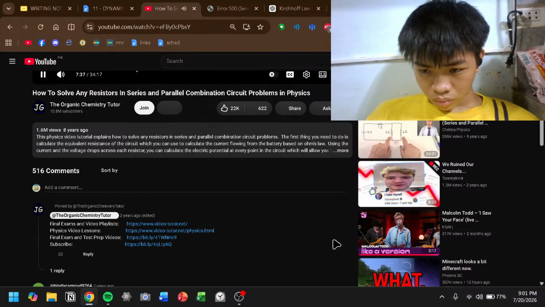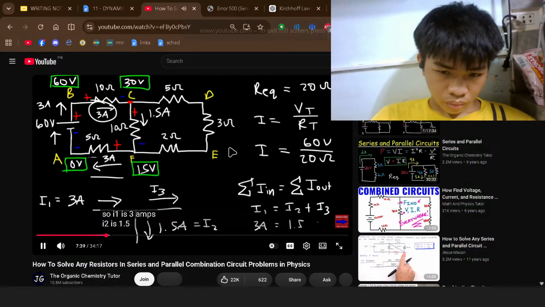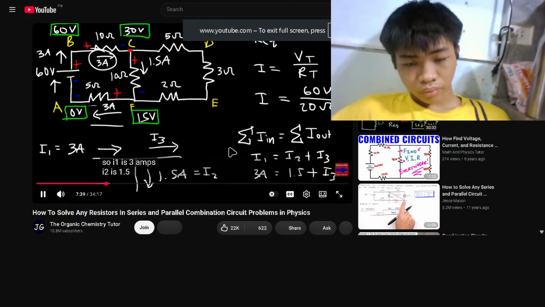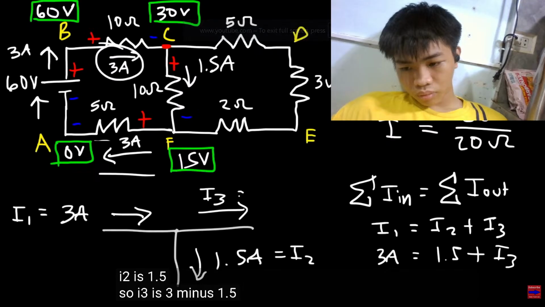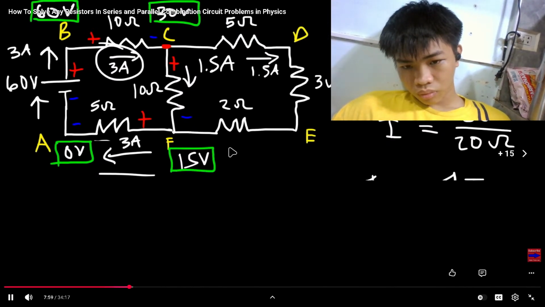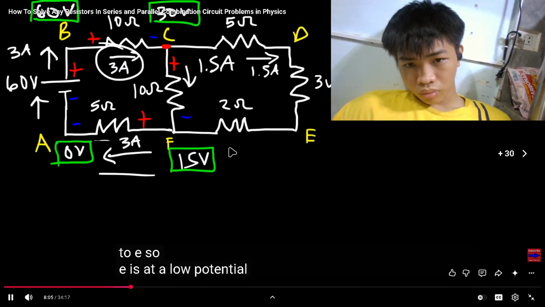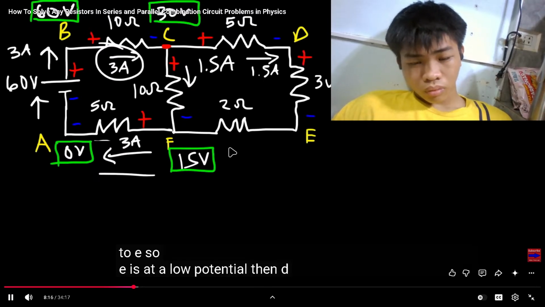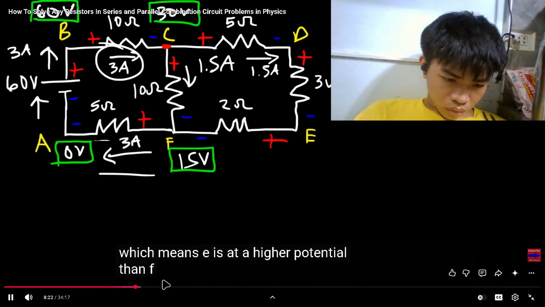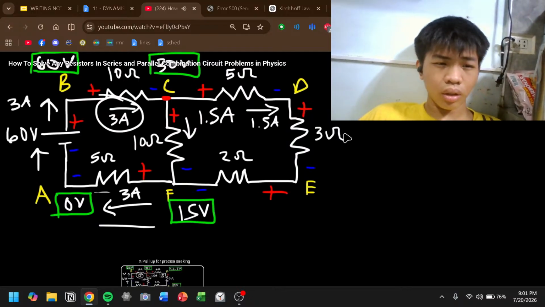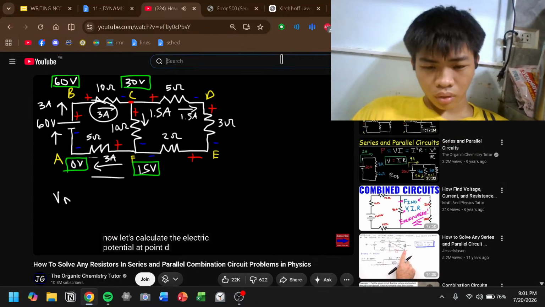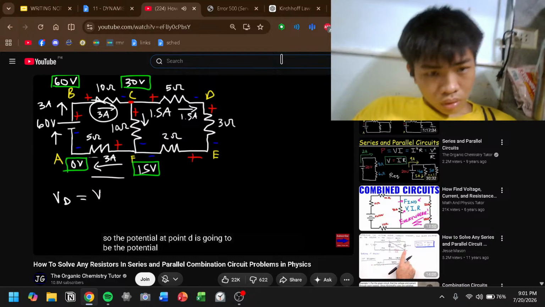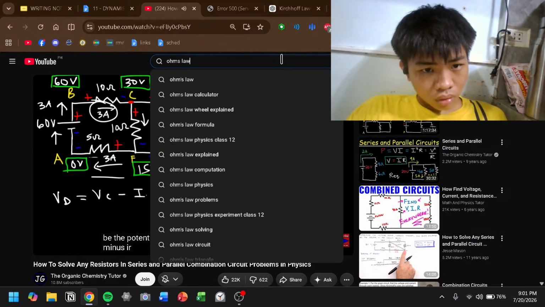time. So I1 is 3 amps, I2 is 1.5, so I3 is 3 minus 1.5. So through the remaining... Now, since the current... potential, then D, then F. Now let's calculate the electric potential at point D. So the potential at point D is going to be the potential at point C minus IR, because